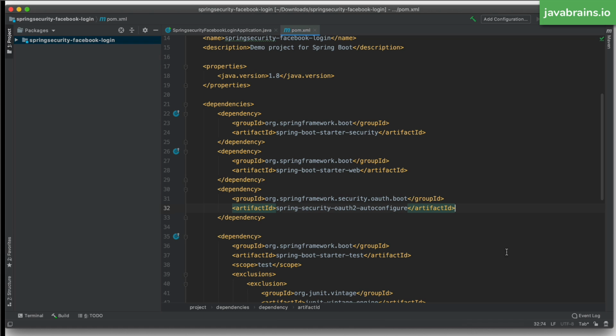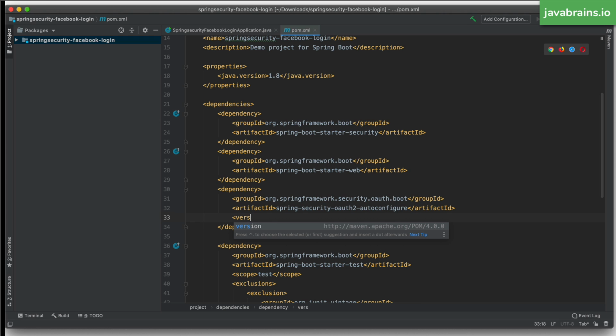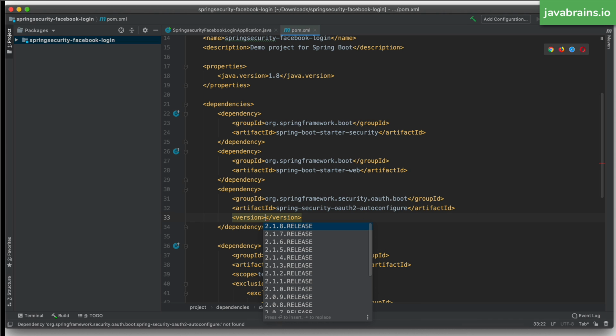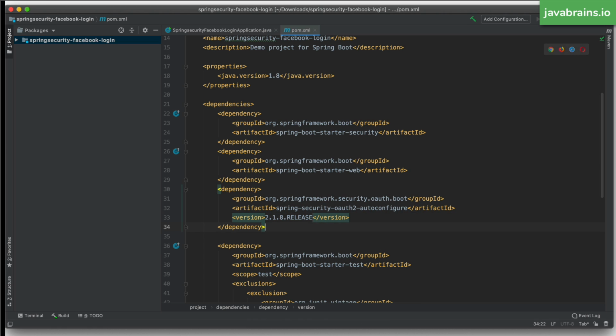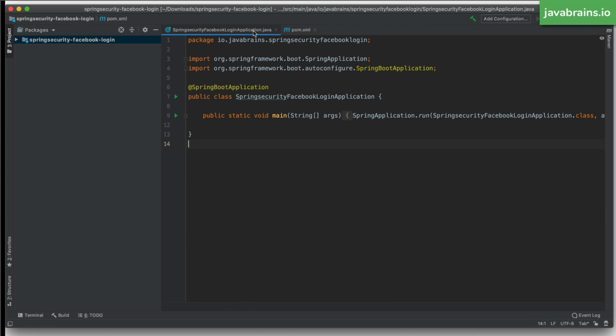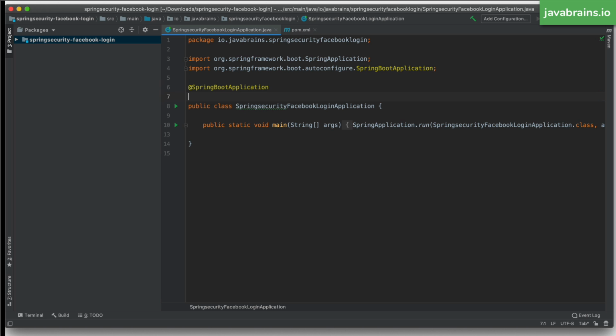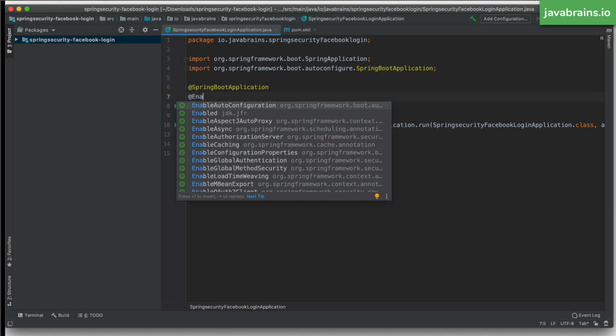The version I'm going to choose will be, let's pick the latest version, 2.1.8 is good enough. Now that I have this, I can go back and make this Spring Security application an OAuth 2 SSO application, which is basically saying, hey, Spring Security, just do OAuth-based authentication. I do that by sticking this one annotation in here,